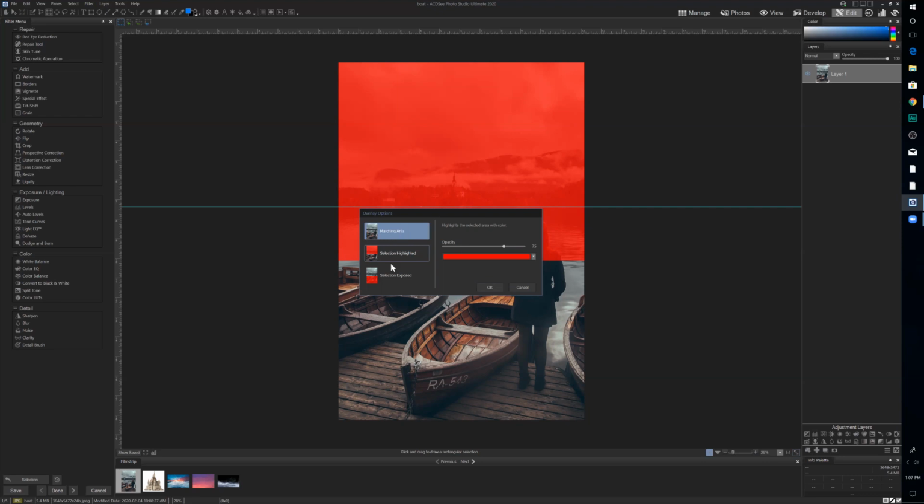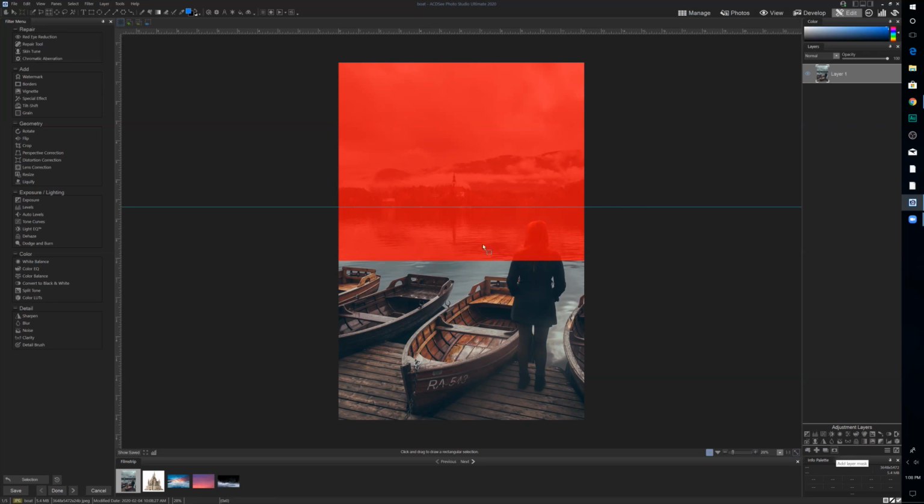You can change it to marching ants, or in this case, just selection highlighted, like I have here. Or the reverse of that, which is selection exposed. But that's fine. I'm just going to hit OK there. Now, what I want to do is I have one layer here. What I want to do is I want to mask this layer. So I'm going to have that selection active,